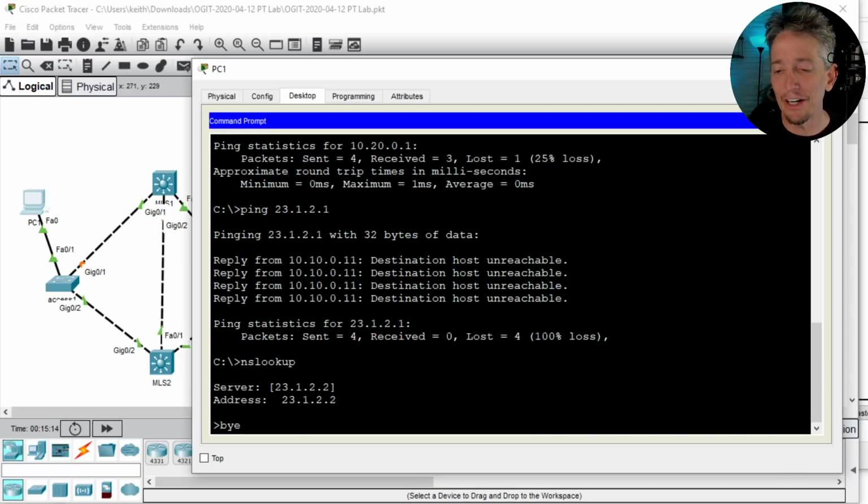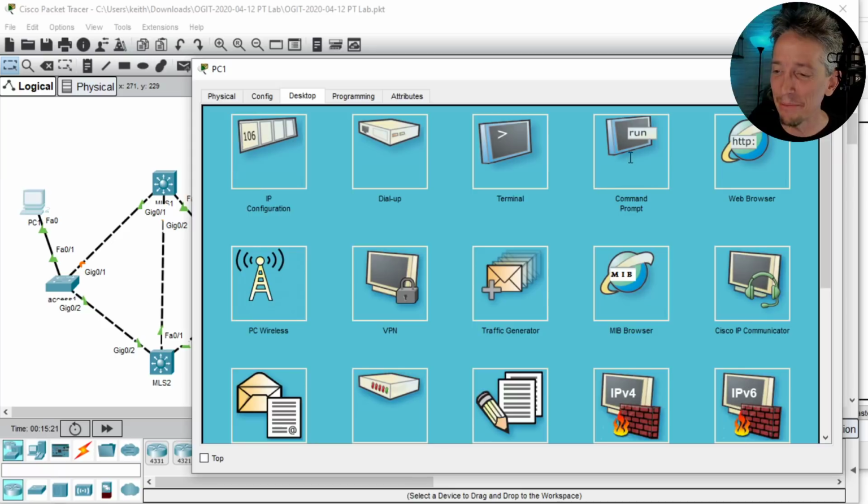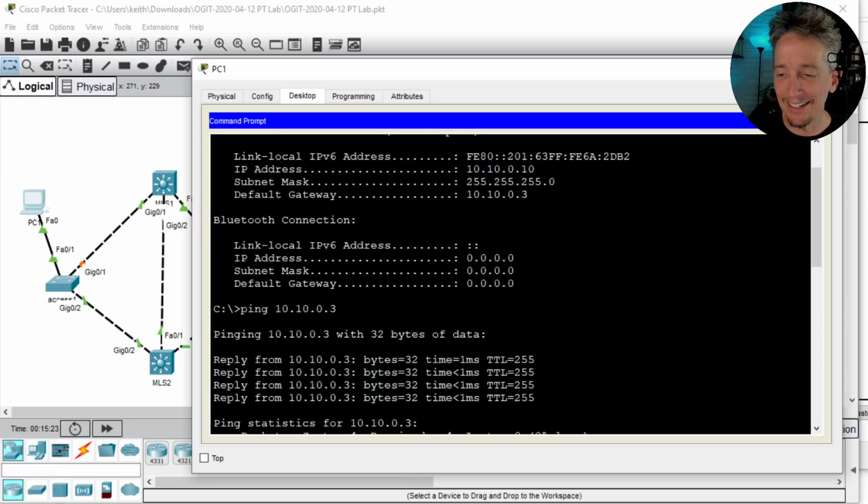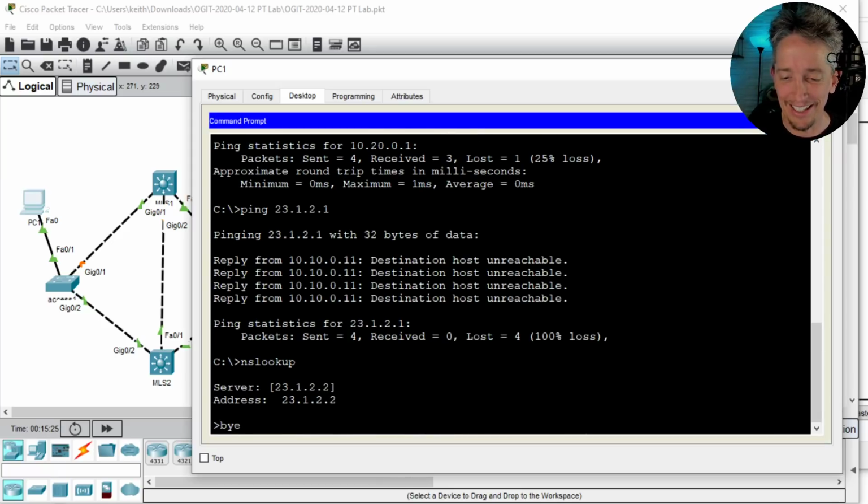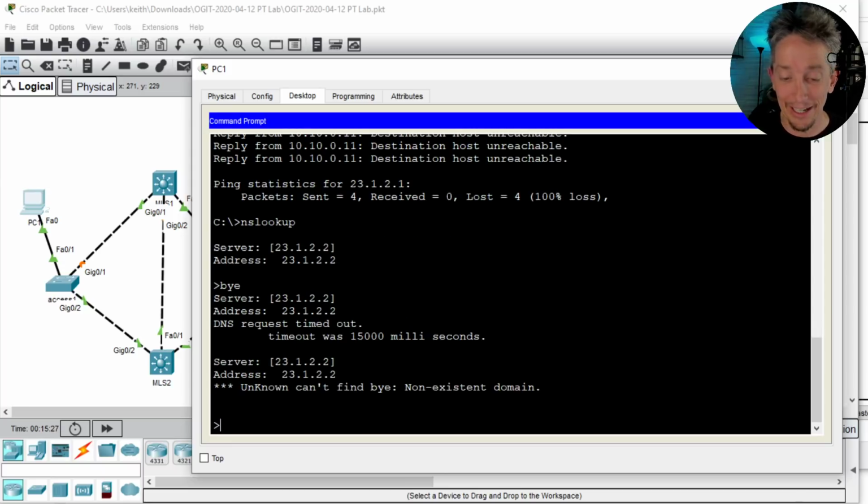Oh, now it's trying to figure out what "by" resolves to. Asking the DNS server. That's almost as bad as the no IP domain lookup problem. Let's go back to the command prompt and let's do this. Oh, it's not letting go. Yeah, okay. Let's type in